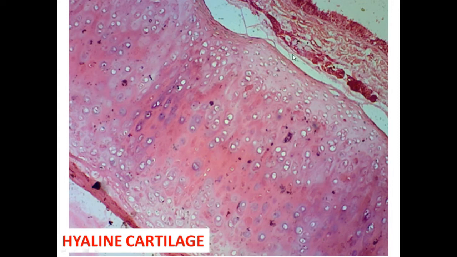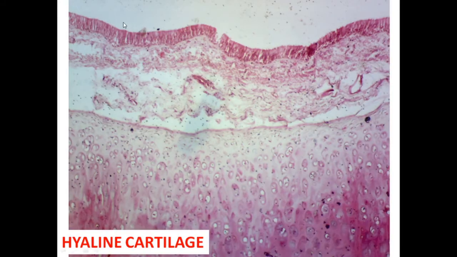Moreover, generally the hyaline cartilage slide is made from either the trachea or the bronchus, and we know that the epithelium of the trachea and bronchus is pseudostratified ciliated columnar epithelium. So you can see the presence of the epithelium in the slide also. So this way, if you remember which organ it is present in, then you can try to identify the organ and the cartilage together.